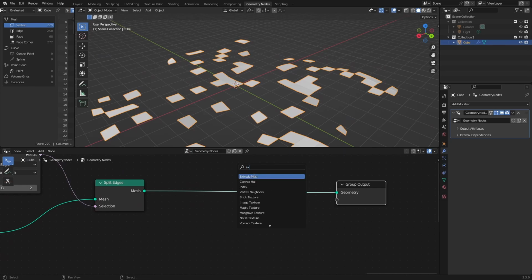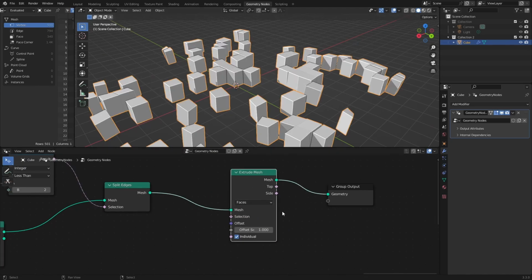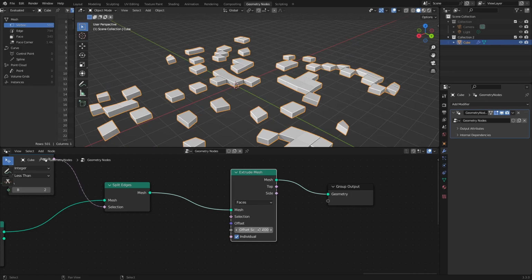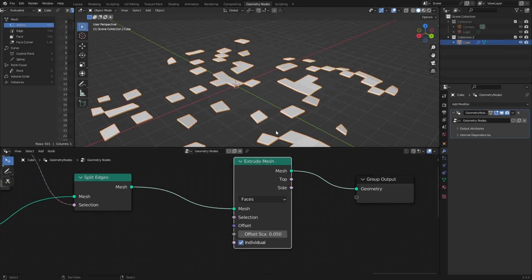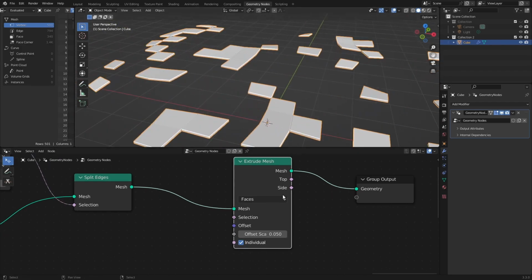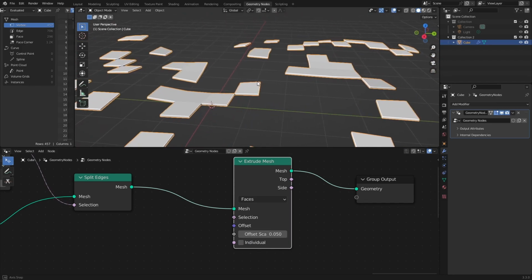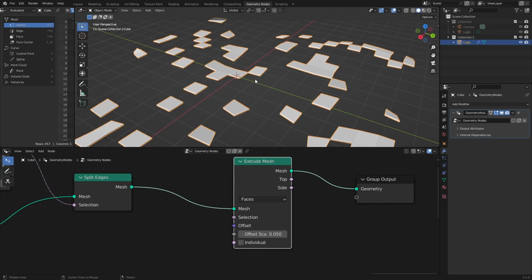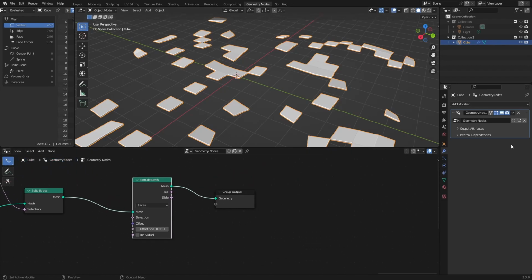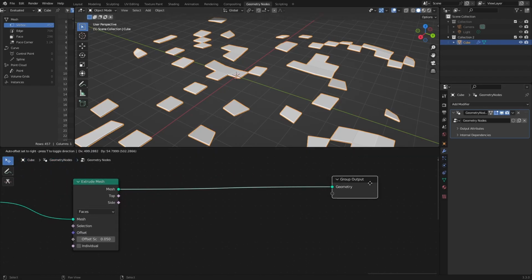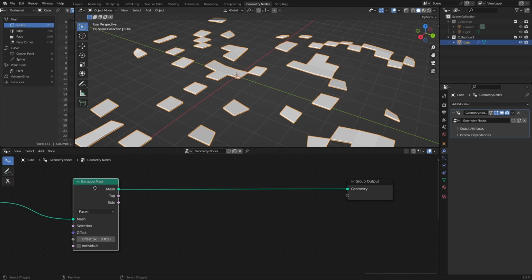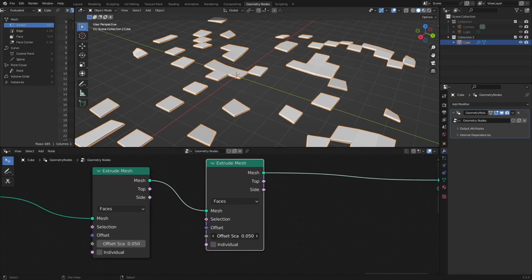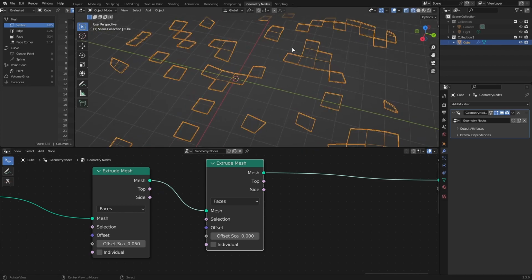Add another extrude mesh node. Set offset scale to 0.05 to make something like a pavement. Uncheck the individual checkbox to make these boxes connected. Since we have the pavement, the building should be thinner, so we need to use something like the inset operation. Extrude the top faces of this pavement, this time with 0 offset scale,